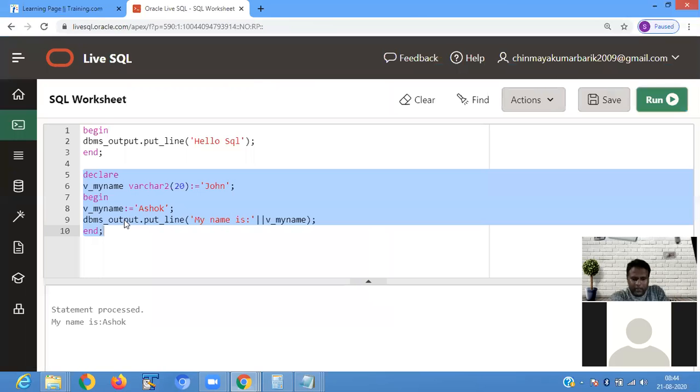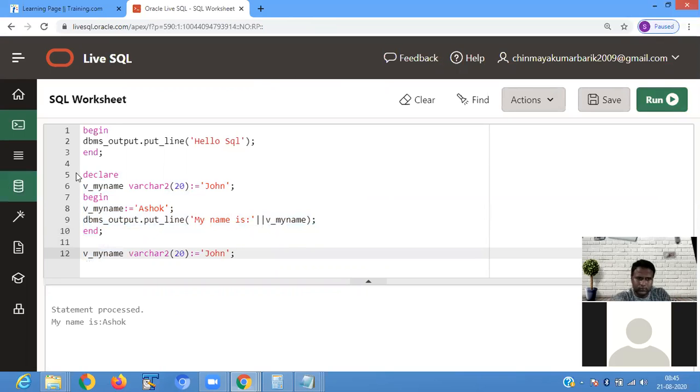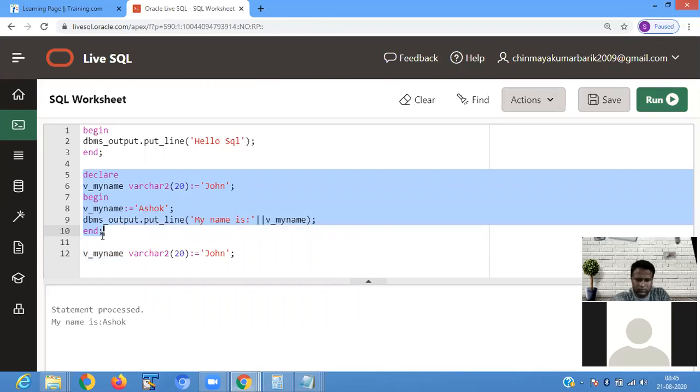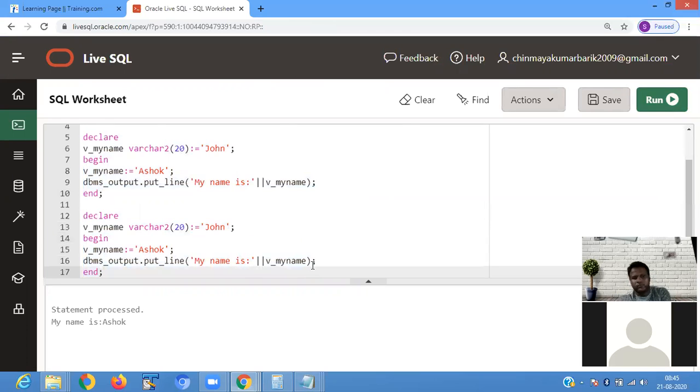Then in another program, here we only define the variable.